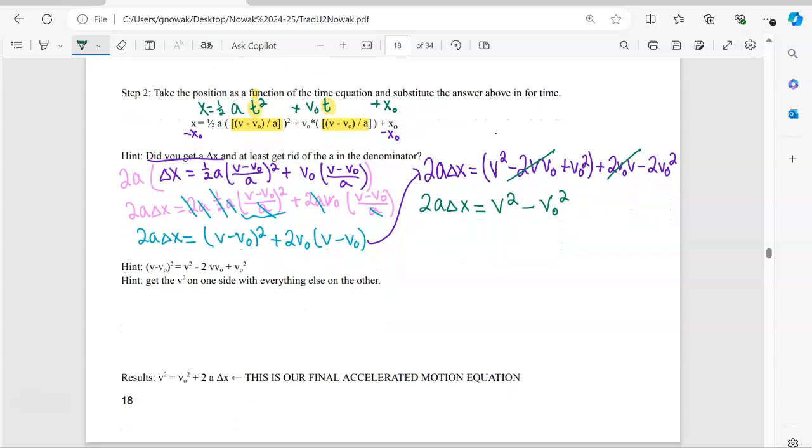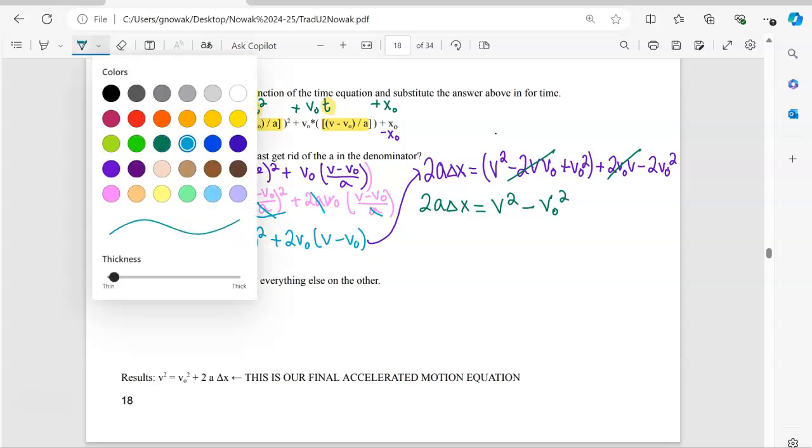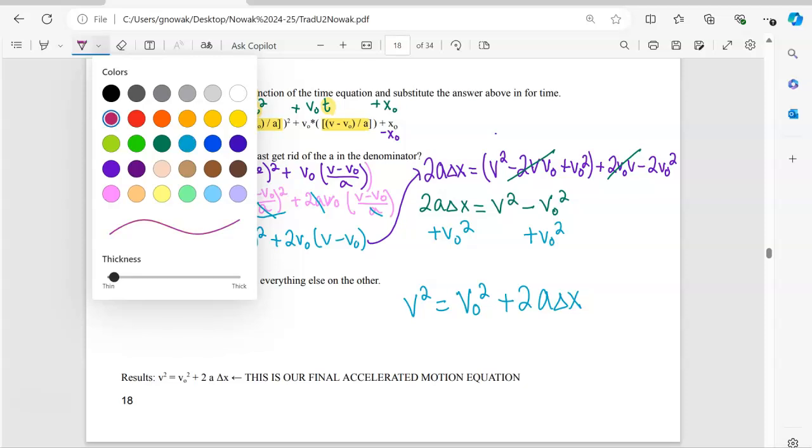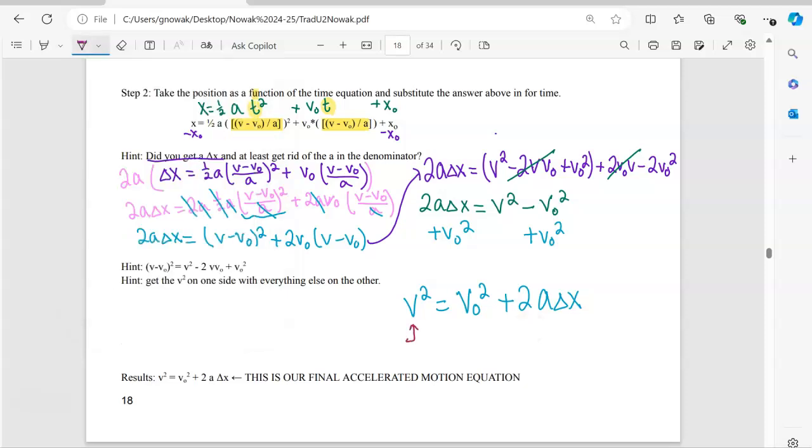And then the last thing I'm going to do, just to make this look how I want it to, is add my v naught squared to both sides so that I end up with this final equation, v squared equals v naught squared plus 2a delta x,